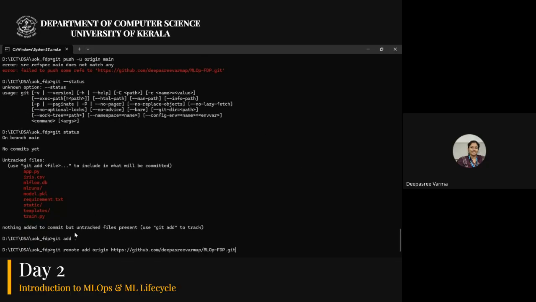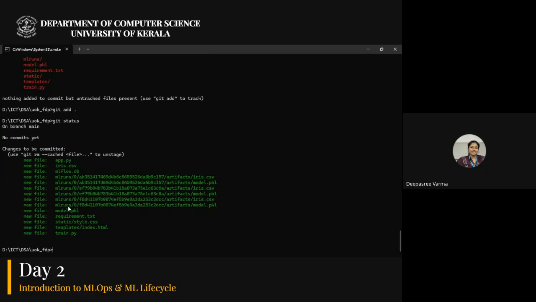And then I added everything, git add dot. And now again, I am just checking the status. So you can see now everything has changed to green color, indicating everything has been added to the local git.